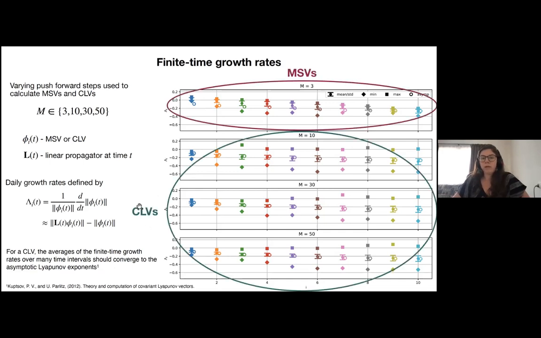So then from that, what we found is that we can split the windows up based on those statistics. Wherever the underlying statistics, so the mean, did match up with the asymptotics roughly, we're going to call those CLVs. And the MSVs are going to be our vectors where those statistics did not line up with the asymptotics. So now that we have that split,